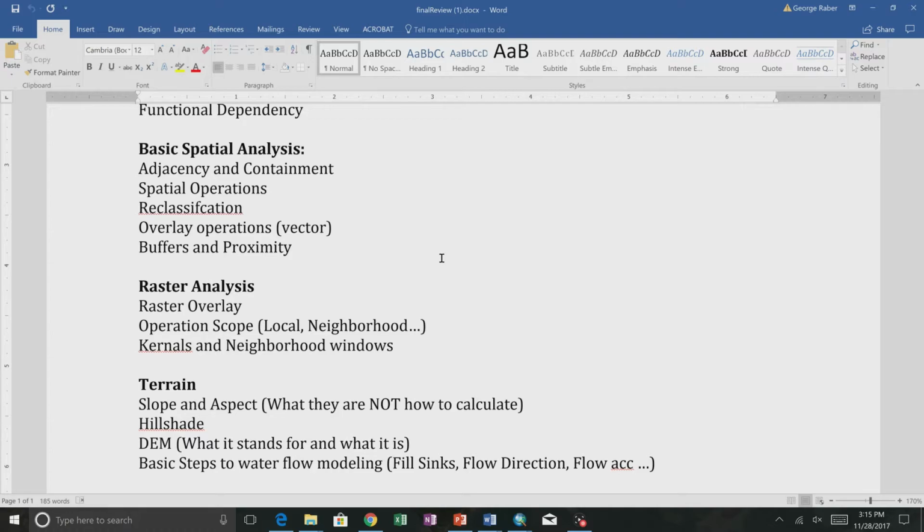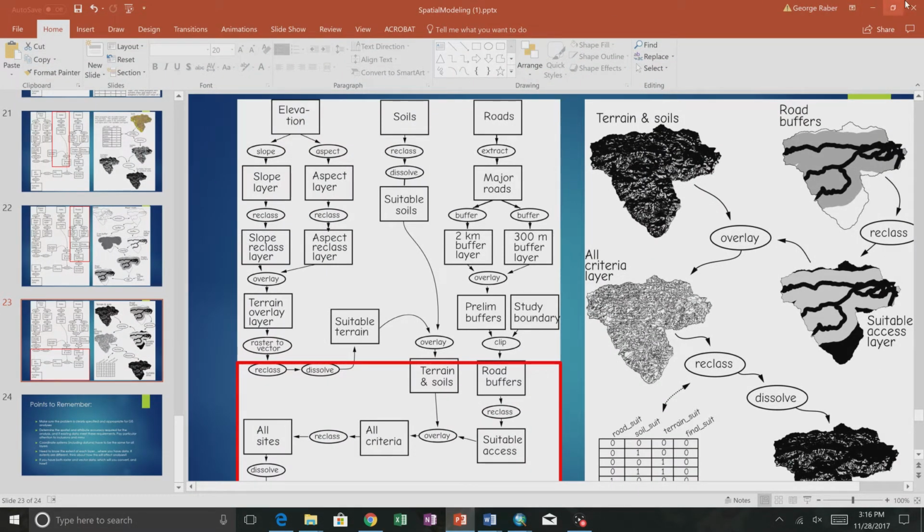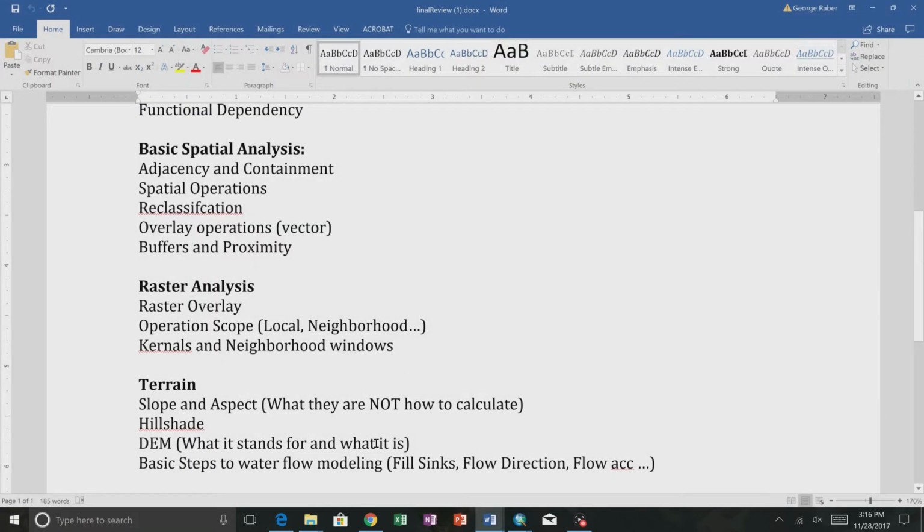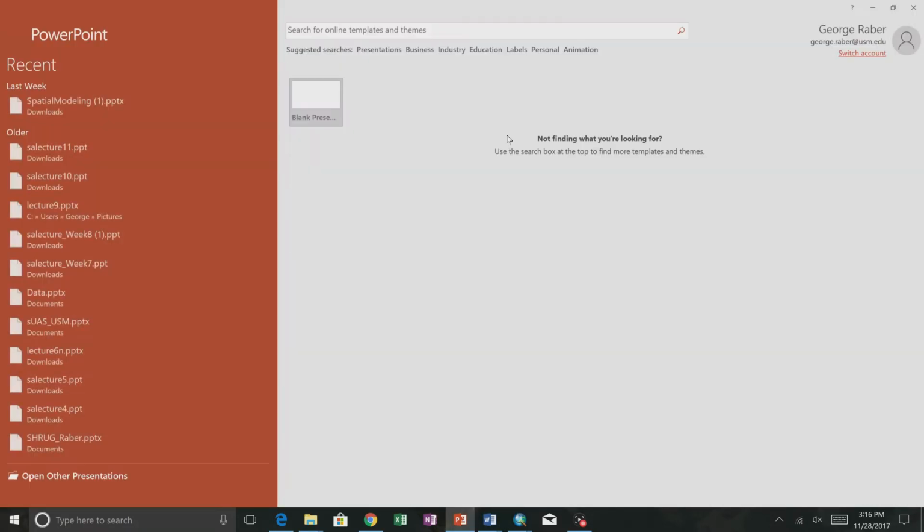All right, this next question here, kernels and neighborhood windows. You should understand what a kernel does. Kernels are those little, usually 3x3 windows. That's the only thing that's going to be on the test. And what you do is you multiply all the values that correspond with the kernel and then add them all up. I'm going to bring it up here. This one's harder to explain by just